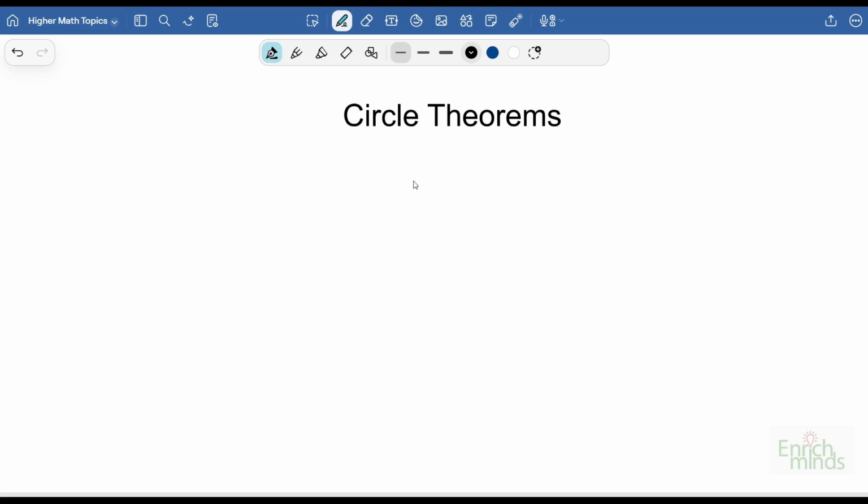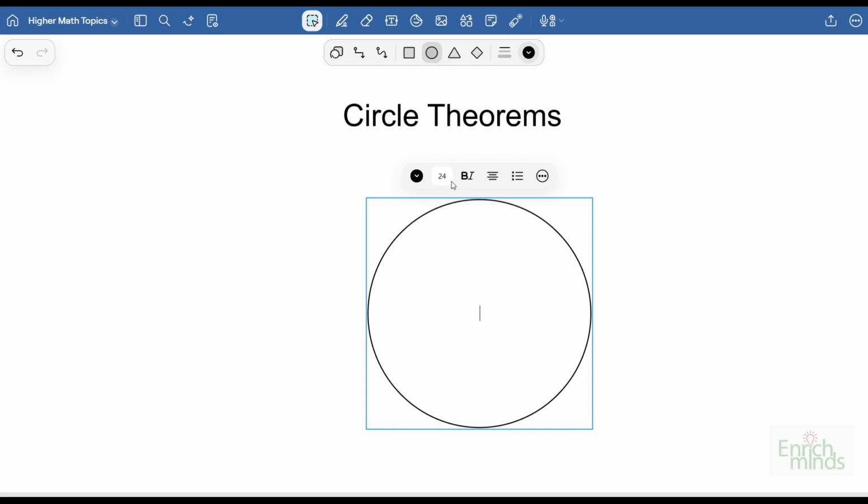Circle theorems define the relationship between circles and their parts like arcs, angles, chords, and tangents. So before we move on to see the theorems, we need to know the terms associated with circles. So if there is this circle with a center,